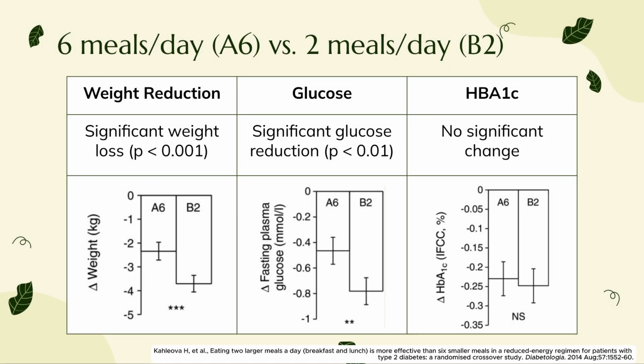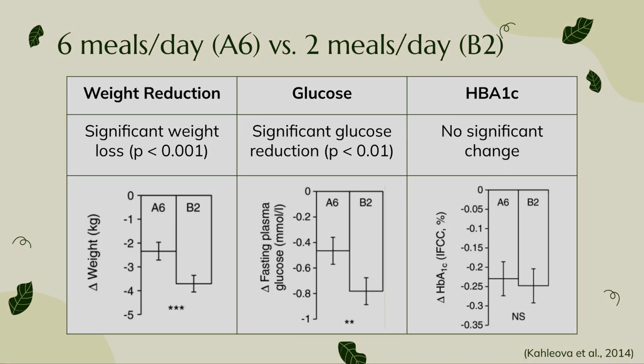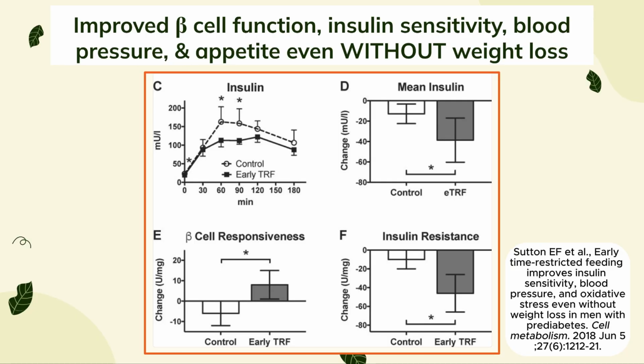This study examined how weight reduction and glucose levels varied in type 2 diabetics assigned to eat either 6 or 2 meals per day, but with the same total calories and macronutrients. Both groups had weight and glucose reductions, but the group that ate 2 meals a day had significantly higher weight loss. This suggests that having meals in smaller intervals of the day may aid weight loss, which is a contributing factor to insulin resistance in type 2 diabetes. It is important to note that a separate study by Sutton et al. found that even if participants don't lose weight with time-restricted eating, there can still be significant benefits for insulin sensitivity,